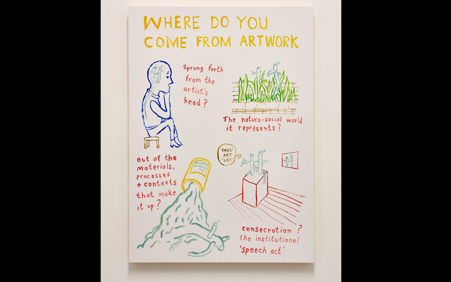The painting describes what I think of as the four primary theories about where the artwork comes from. If you think about what constitutes an artwork, and I'm showing this because these things are always retrospective when you think about what made you do these things.